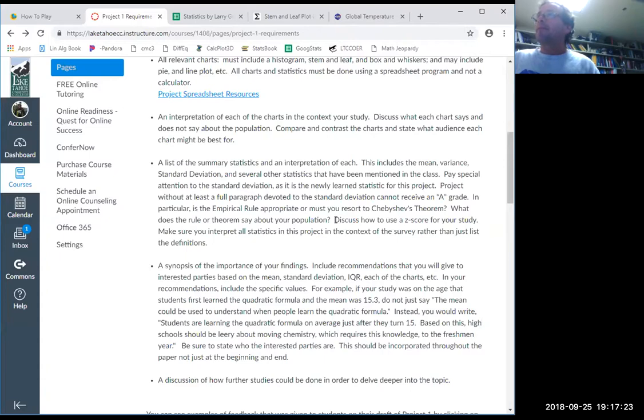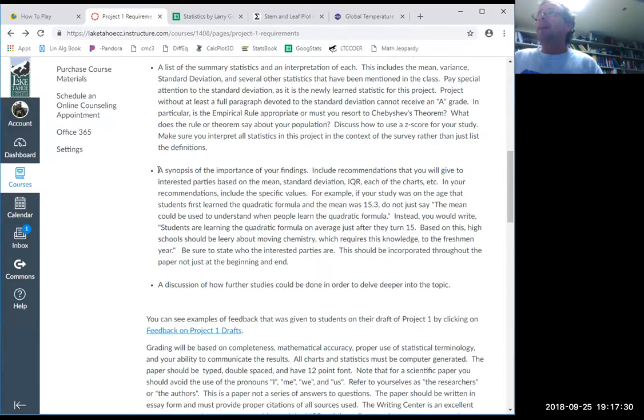Any questions on all of this so far? Okay, I should just let you know that this is a paper, so it should be in standard paper form. It shouldn't look like you're texting a friend. It should have an introduction, a body, and a conclusion, just like any paper does. This is where I actually do care about grammar and spelling and all that. You can always have someone proofread it and check for that kind of stuff.